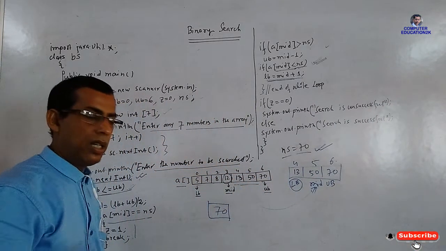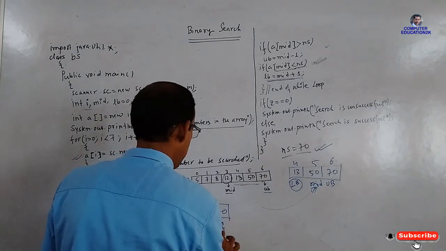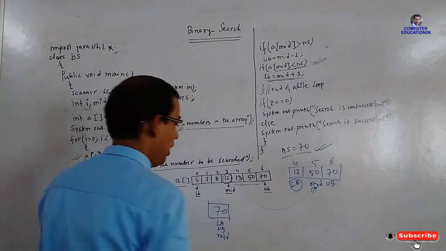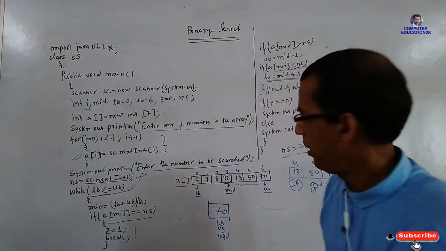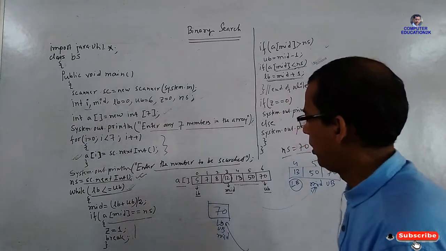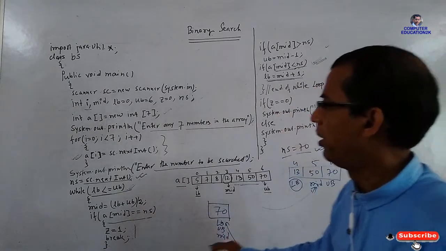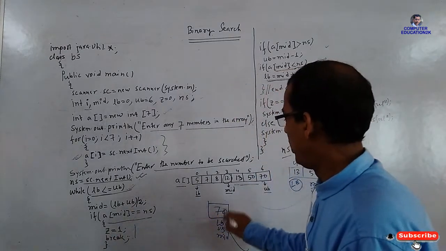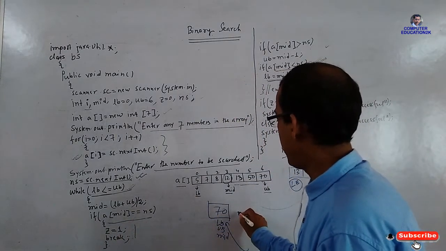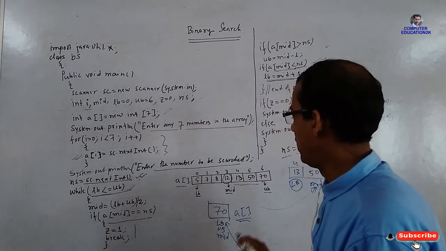Now this is the last cell. Now this is the lower bound, this is the upper bound, and these are the mid only. Okay. This is the mid. Now the computer will go and find the number here in the mid. Okay, now you get, because now this is only mid. So in A of mid, this is the array A and the last cell remaining.